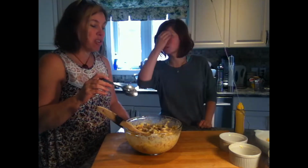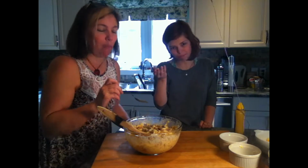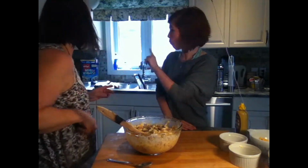It'll be better once it's baked. It's a big chunk of cashew. You might want to cut up your cashews a little bit, but the taste is lovely. We're also going to have our cheese once we put it into the...